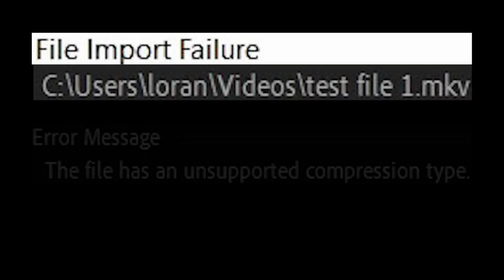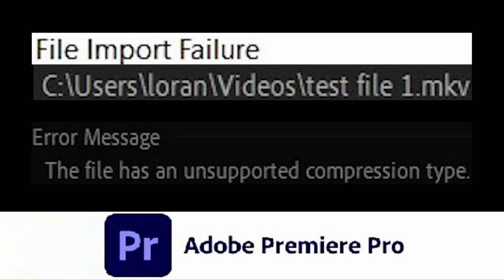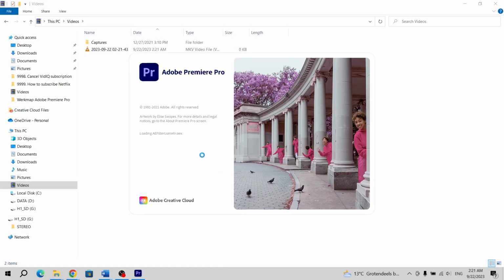How to fix and solve file import failure error message. The file has an unsupported compression type in Adobe Premiere Pro. In Adobe Premiere Pro,